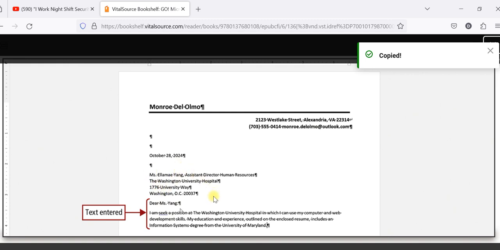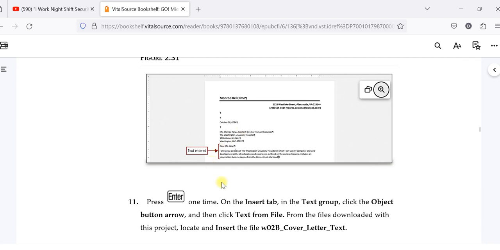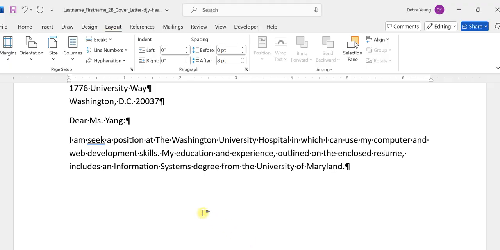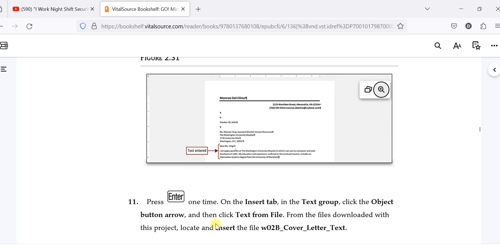Yes, it looks as it should. It kind of confuses me because the line spacing doesn't look quite right. So we've got that done. We've got that typed in. Then we're going to press the enter key one more time. And then what we're going to do, what we've done in the past, is we are going to go to